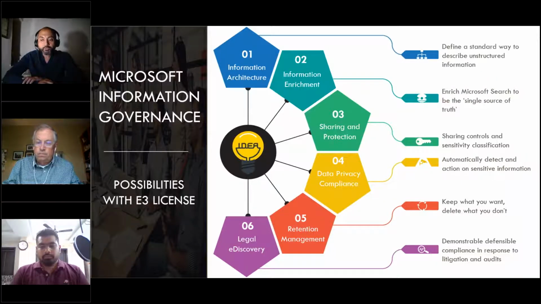And then the final two, retention management and e-discovery. Retention management is perhaps the most overlooked architectural facet, which can really solve a wide range of compliance issues. And to get started with it, you don't need an E5 license. Many organizations are adopting organization-wide policies to keep information that they want to keep, but delete the information that they don't want to keep. And the challenge is always with deleting the information that you don't want to keep, and that requires a significant